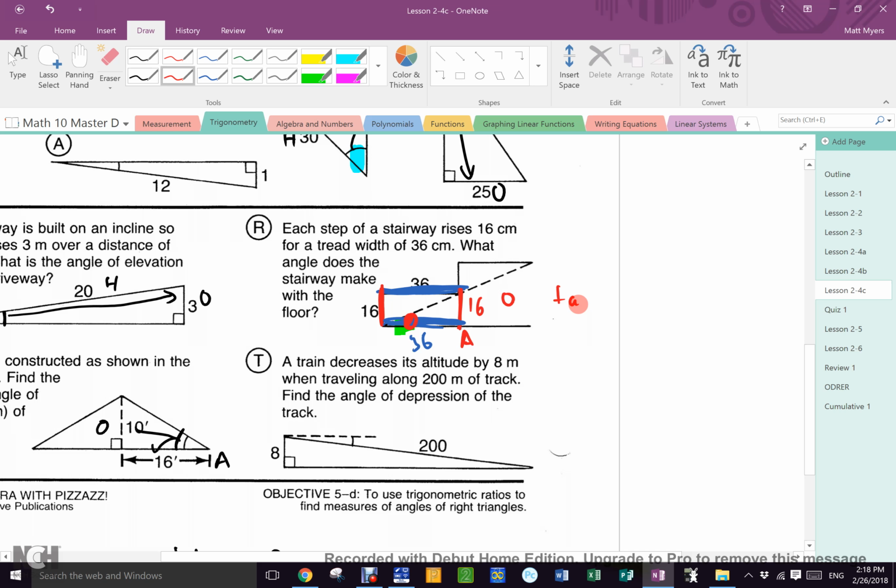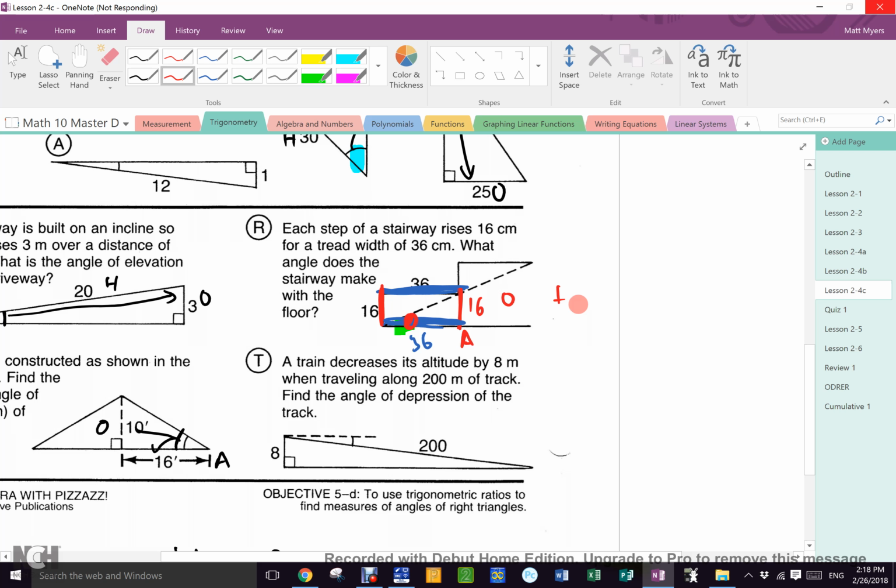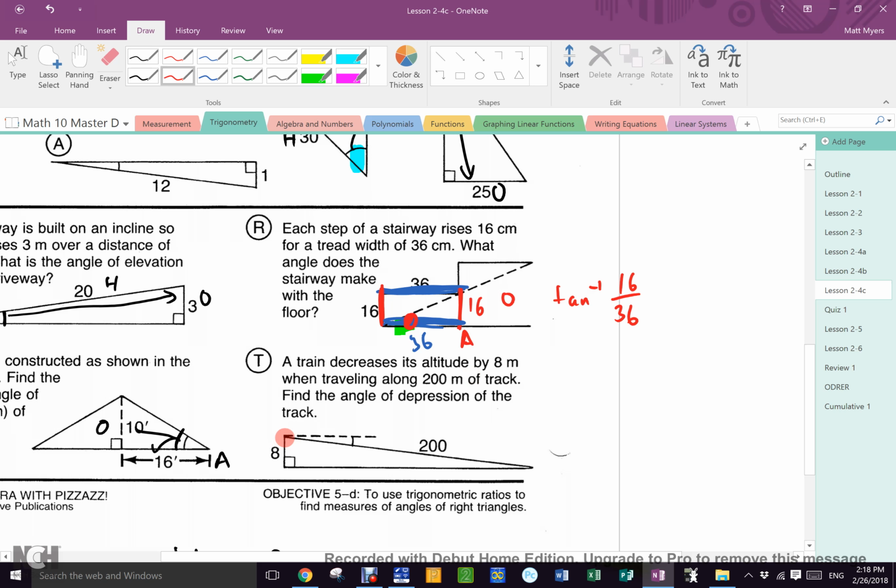And then finally the train decreases its altitude by 8, so it goes down by 8 when it goes along the track of 200 meters. Well, the train